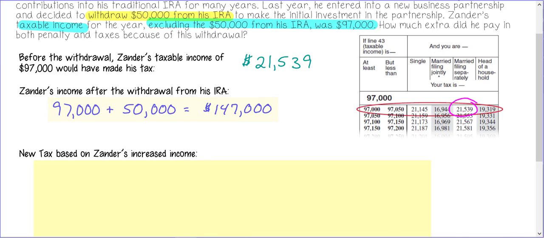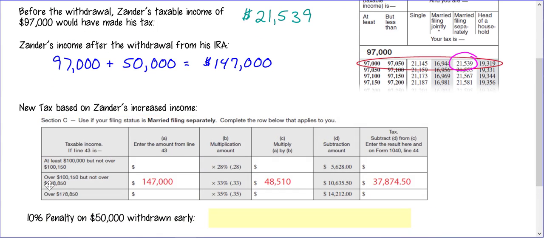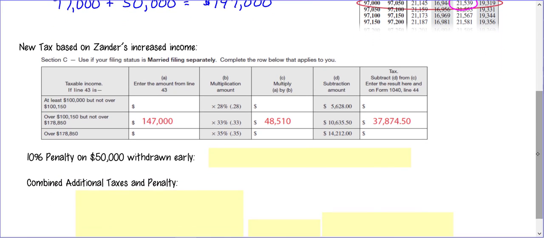So we take that $97,000, add the $50,000, so his new income is $147,000. And if you remember from our income taxes unit, we cannot use the tables because once you hit $100,000, you have to use the worksheet. So we're going to take the worksheet, enter in the $147,000 in the appropriate column, go through the process of calculating it, and his new tax would now be